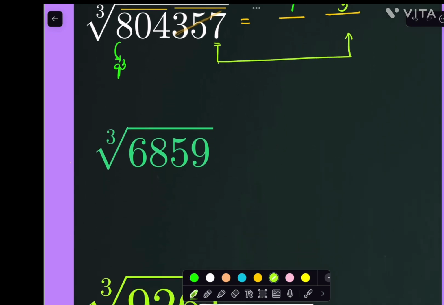And take one more number. Find the cube root of 6,859, right? Mark bars on 3 numbers from right to left, right? And here it contains 2 bars. Your result is what? A 2-digit number, right? Now see here, if a number ends with 9, its cube root value is how much? Definitely ends with 9 only.